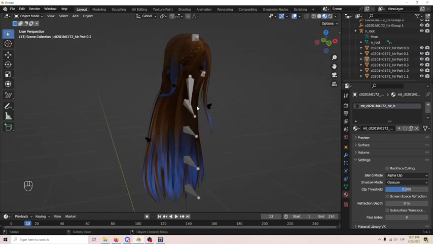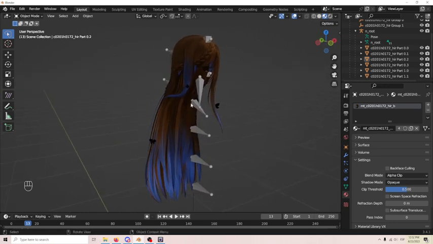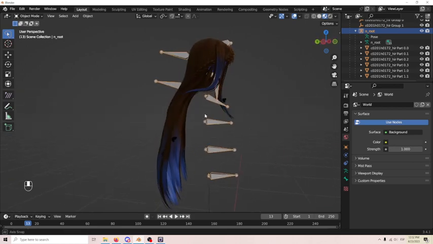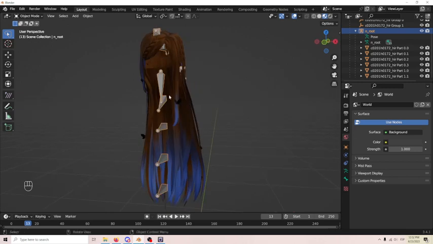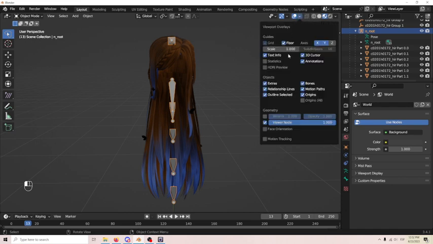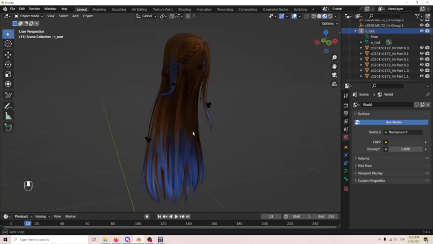All right, so another thing that we want to do so we can work better with this is that we make the bones invisible. These are the bones of the hair. This is telling you how the hair moves. And they usually just get in the way while you are working on refitting stuff. So it's better to just go to the overlays here. And then in objects, we're going to uncheck the bones. So with that, at least we get it out of the way, and we can work a